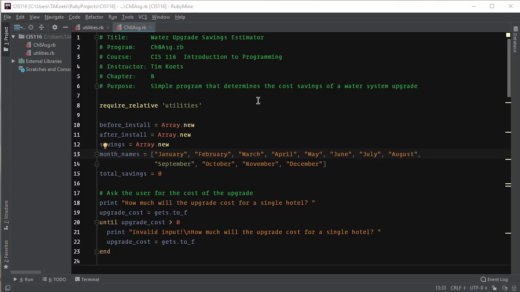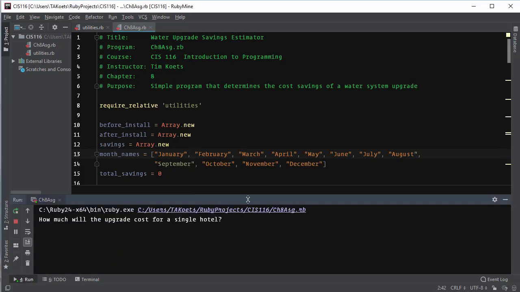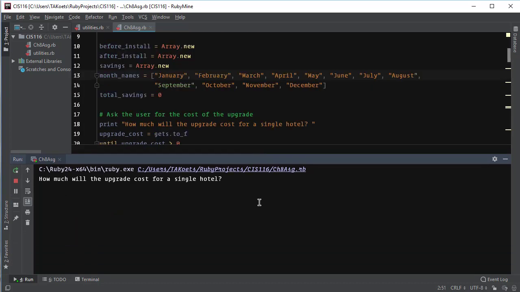And instead of writing the code out, I'm just going to take a completed solution here and walk you through the code. So first of all, I'm just going to run this program so you can see how it works. Okay, so how much will an upgrade for a single hotel cost? I'll just put 1,000 here. And then I'll just start putting in